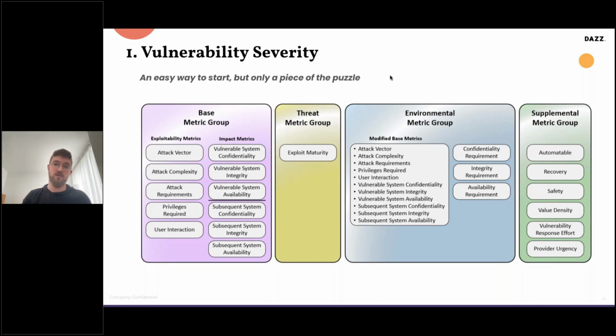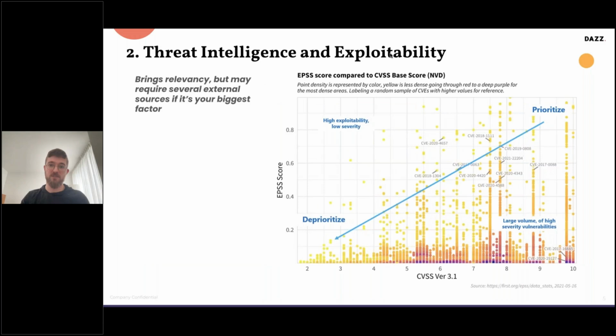The first one that I want to talk about that is interesting touches not only on the impact of the vulnerability itself, but also on threat intel and the potential exploitability of this vulnerability. Now, any vulnerability can be exploited. It's more of a question of are there any in the wild attacks or attempts or POCs to actually exploit that vulnerability. Could be a good indicator to understand whether or not it's going to get picked up by attackers